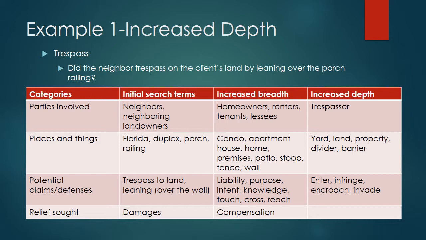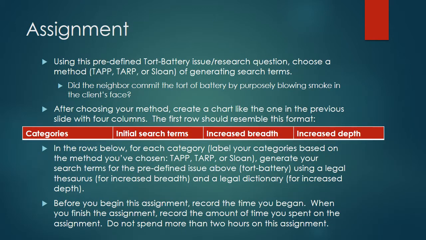All right, so on the next slide, I'm going to tell you about your assignment. I've written out the assignment instructions here. What you're going to do is use the predefined tort of battery issue or research question, and you're going to choose one of the three methods of generating search terms: TAPP, TARP, or the Sloan chart. And we're going to make sure that you use this